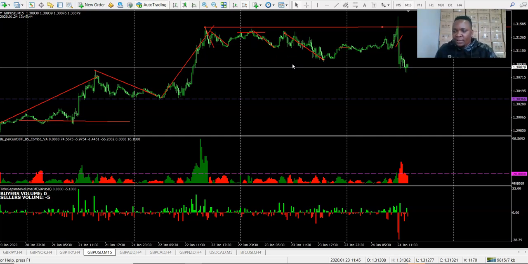Ladies and gentlemen, this is a little bit difficult to understand, especially if you're a new trader. I always say that this stuff is not really for new traders, because it's difficult for them to process this information. But you clearly see short, short, short, short. The market went down. Now today,